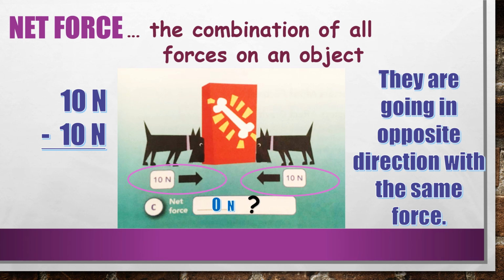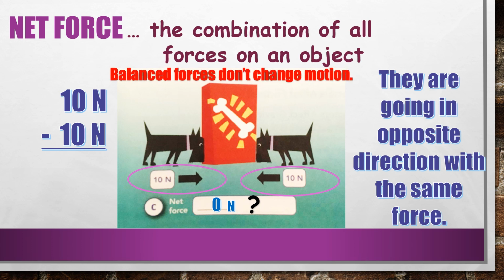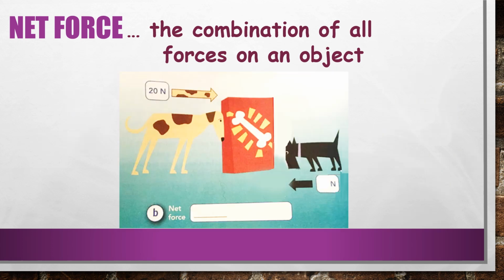So how would I draw the arrow? Well, if I have 0 newtons, then that means the object will not change. It's not going to move. They're both just going to keep pushing on that box until they get tired and fall down and take a nap. So I don't have an arrow anytime there is 0 newtons. If there's anything more than 0, even a 0.01, I have to have an arrow indicating which way it's going.